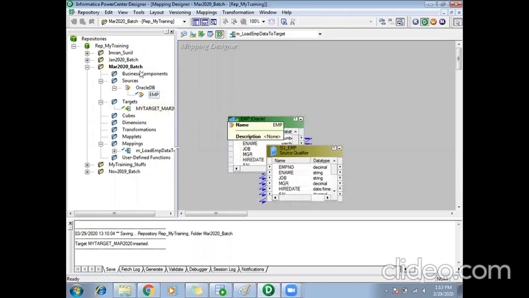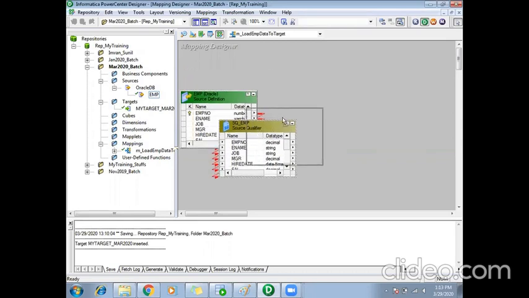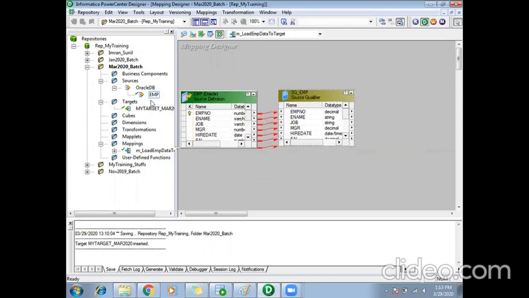When I use a source in my mapping, it will create two transformations. Whatever we use in our mapping will be a transformation. So when I use a source, it will create two things: one is source definition and one is source qualifier. We'll see what it is.